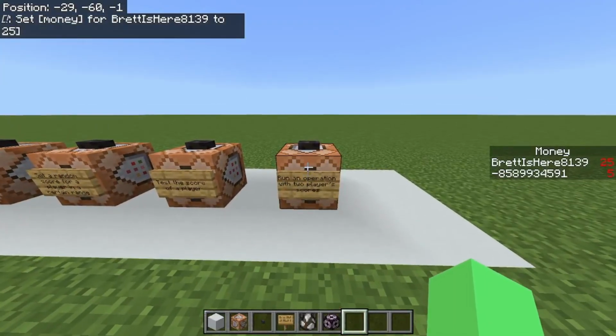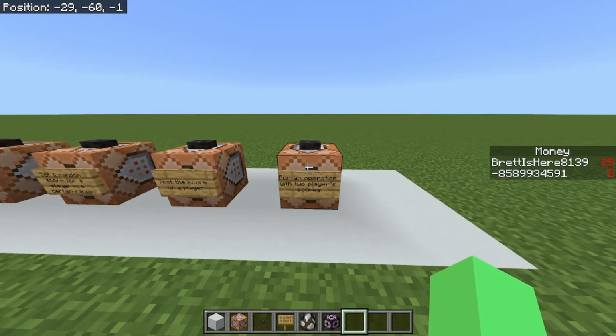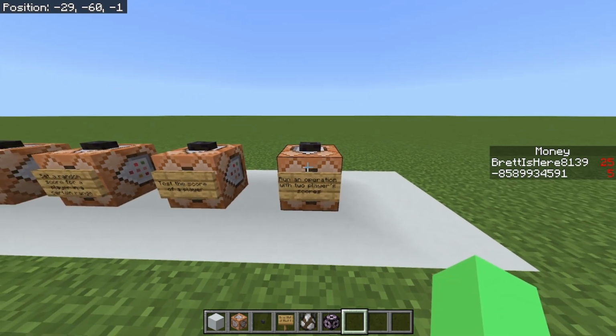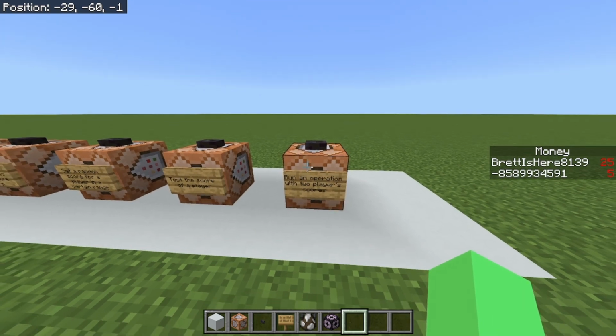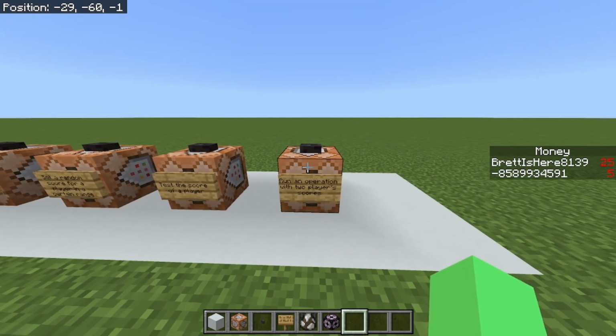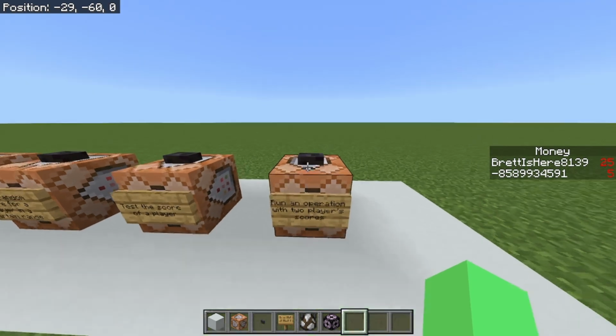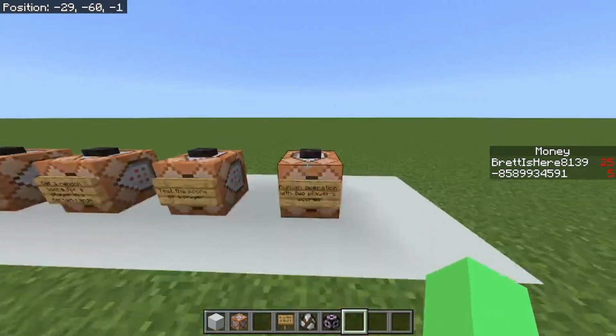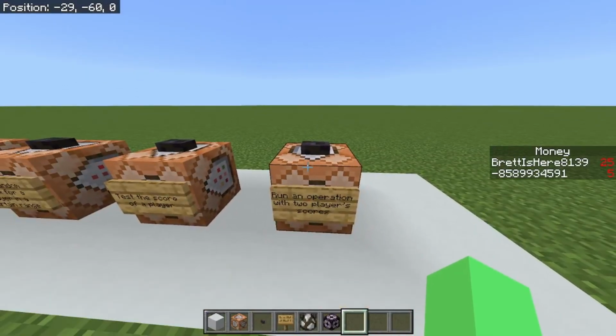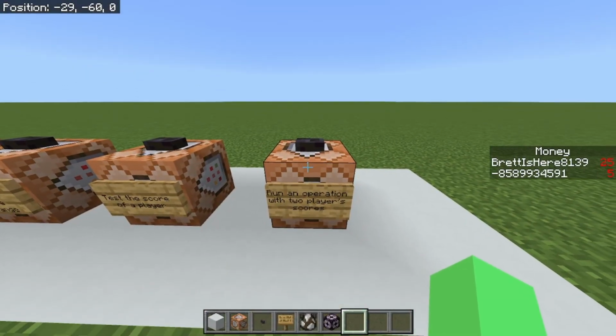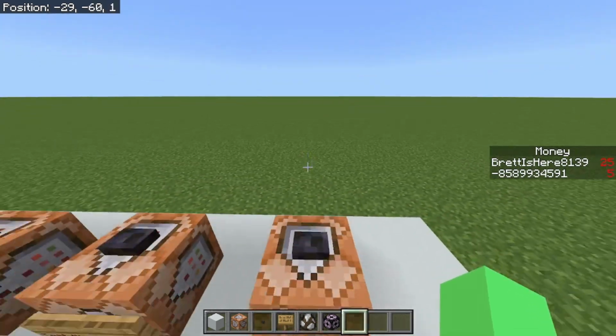So, say you want to make a multiplier for whatever reason, you could have a money score, and then you could have a multiplier score of the same player, and you could use that to multiply their money score as an added bonus or whatever. Say you're doing a kill streak counter and you want to multiply the points they get times their kill streak. You could do 10 times their kill streak equals the points they get. You could do something like that with this.